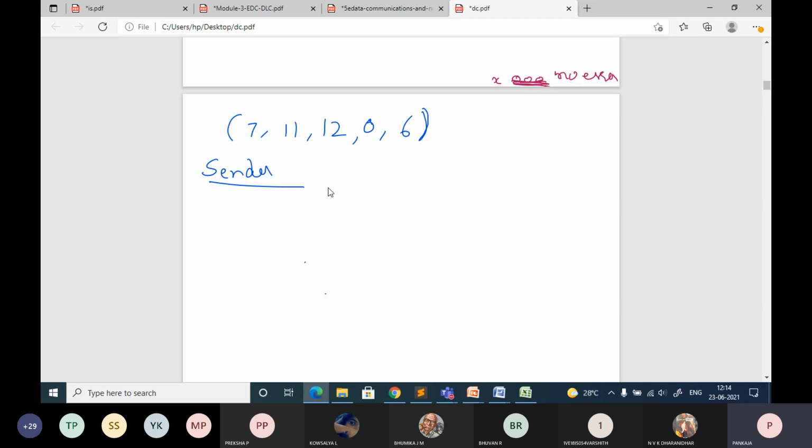So now what you have to do is you just write all the elements, that is 7, 11, same thing, whatever I have given in the problem. How are we going to calculate the checksum to be added, and how is the receiver going to make use of the checksum to identify whether there is an error in the received data or not? The next element is 0 and the next element is 6. I have written all the data, and initially the checksum should be 0.